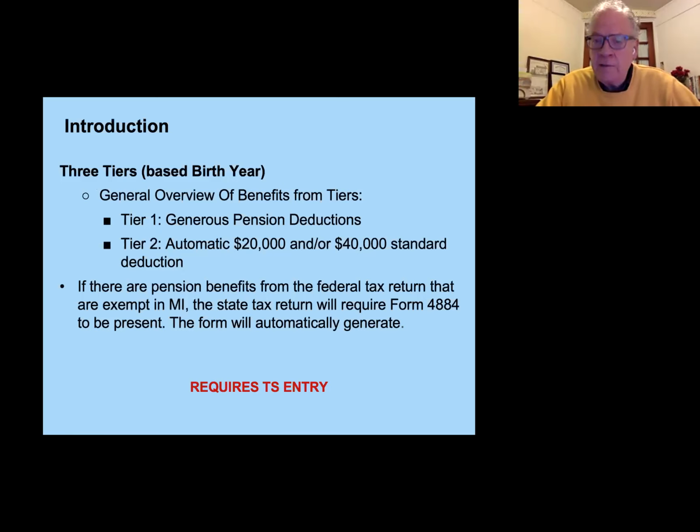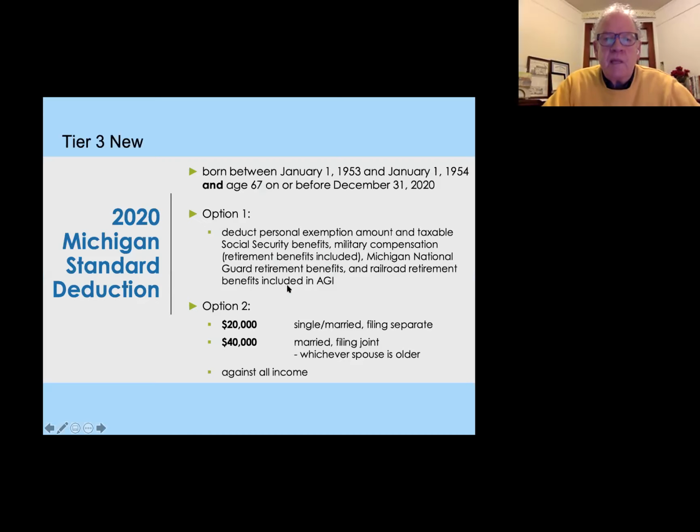So Tier 1, very generous pension deductions and inflation adjusted again. Tier 2 is an automatic standard deduction of 20,000 single, 40,000 married filing jointly. If pension benefits are taken out of your income, there's a form 4884 that has to generate. We'll cover that in a minute. This is the new thing in this tax year. If you were born in 1953,